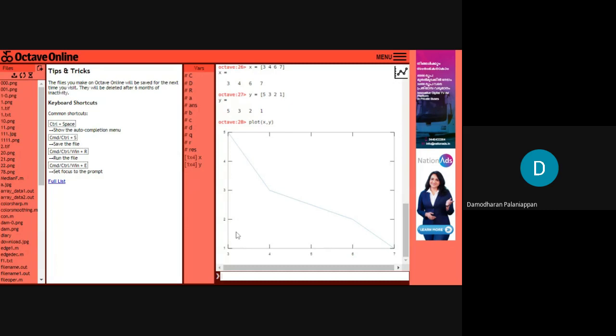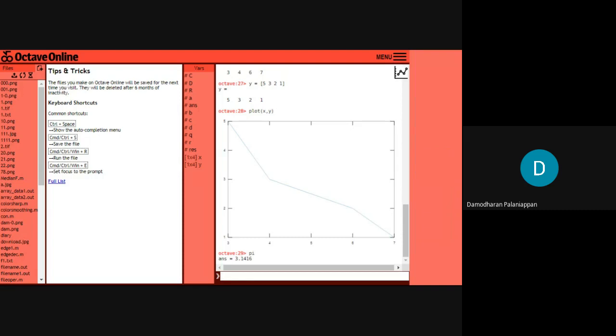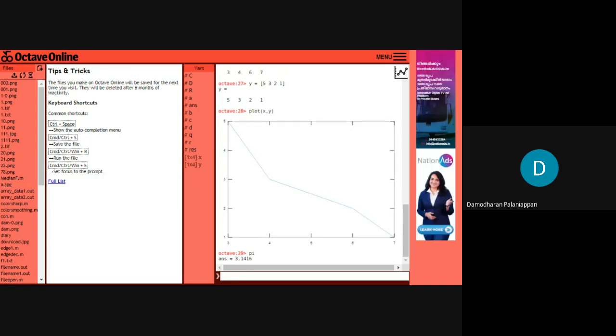For that, we are using a variable called pi. PI is a reserved keyword which can be used in MATLAB for the value 3.14. It displays the pi value as 3.1416.